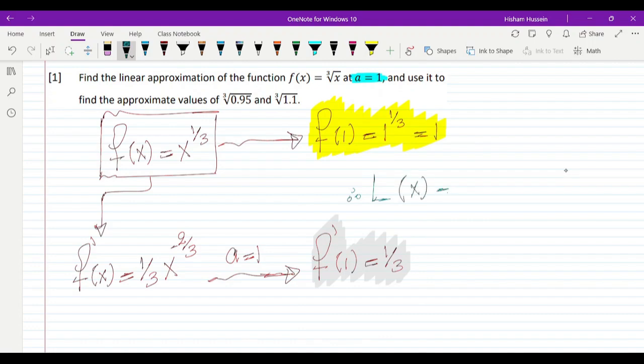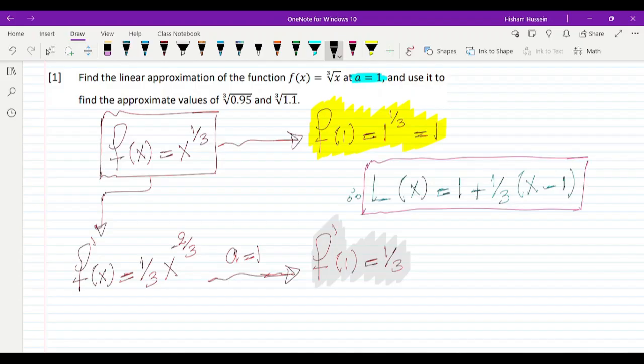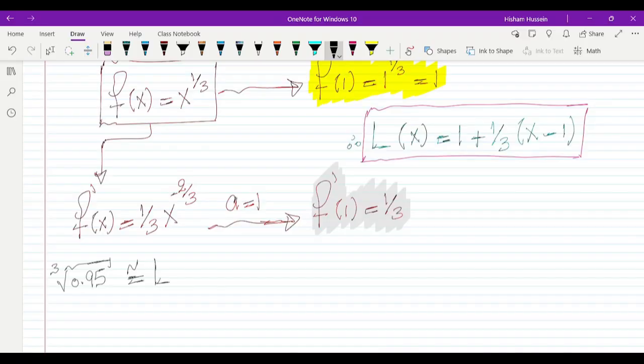The linear approximation expression here is f of 1, which is 1, plus f dash of 1, which is 1 over 3, times x minus the x coordinate of the point of tangency, which is 1. This is the first part of the question. The second part is to find approximate values for the cubic root of 0.95. The cubic root of 0.95 is nearly equal to the linear approximation at 0.95, that equals 1 plus 1 over 3 times 0.95 minus 1, which is